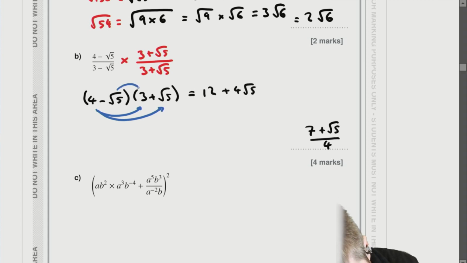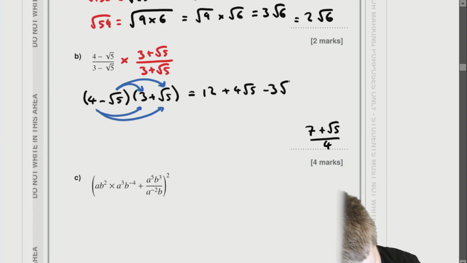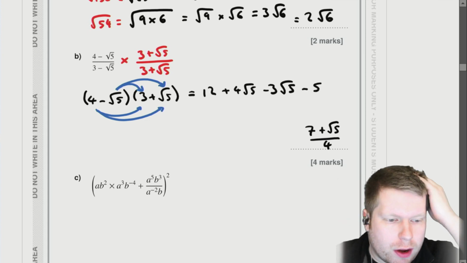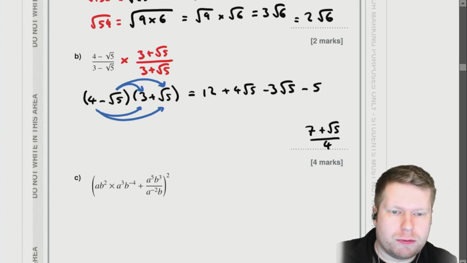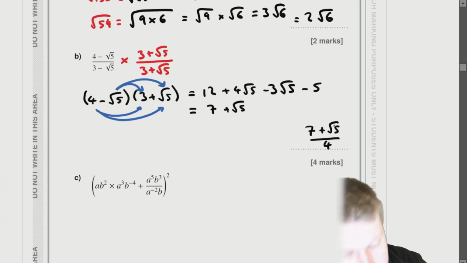And then if I take the negative root 5 and multiply by everything inside the brackets, I get negative root 5 times 3, which is negative 3 root 5. And then negative root 5 times positive root 5, that's just negative 5. It's negative root 25 if you want to, but that's the same as negative 5. And I can just do a quick simplification here. For example, 12 take away 5 is 7, and 4 root 5 take away 3 root 5 is just positive root 5. Okay, so that's looking good for our numerator. Now I need to consider the